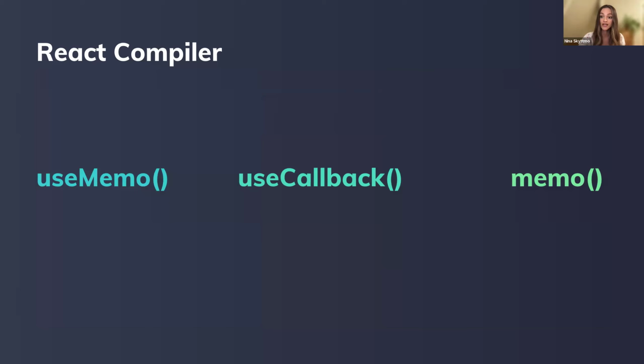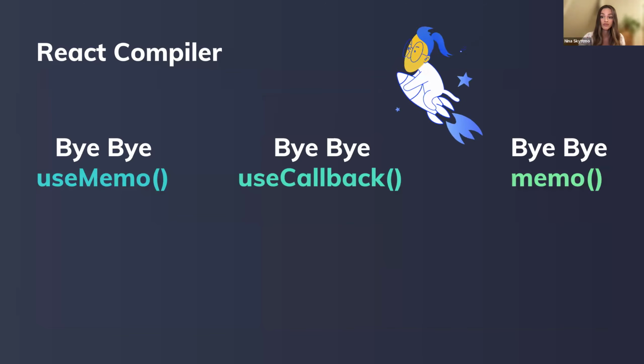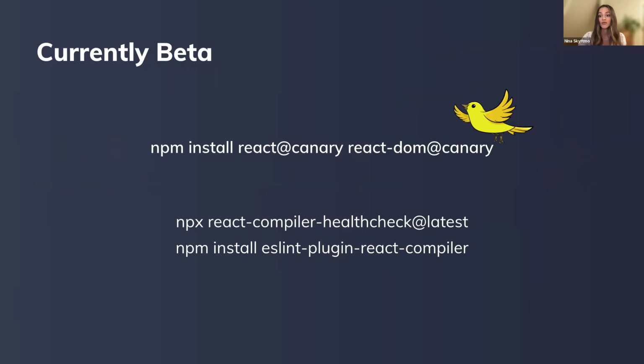So this means that the React compiler will automatically add its own memoization for things like useMemo, useCallback, and the memo function, so you don't have to use those hooks ever again. It's going to be automatically taken care of for you by the compiler. This is a huge win because not only does it make your code cleaner and easier to write, but it will also make your code run faster, because even with the most experienced React developers, it's almost always the case that the compiler will do a better and much more efficient job of finding instances where you could memoize your code. React 19 and the compiler aren't officially released yet,